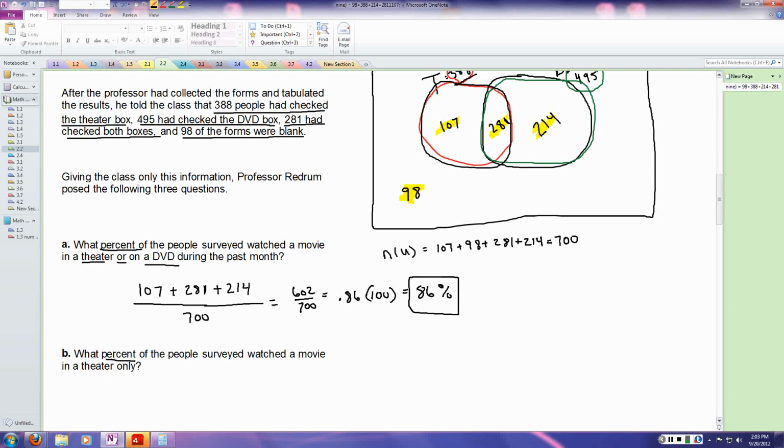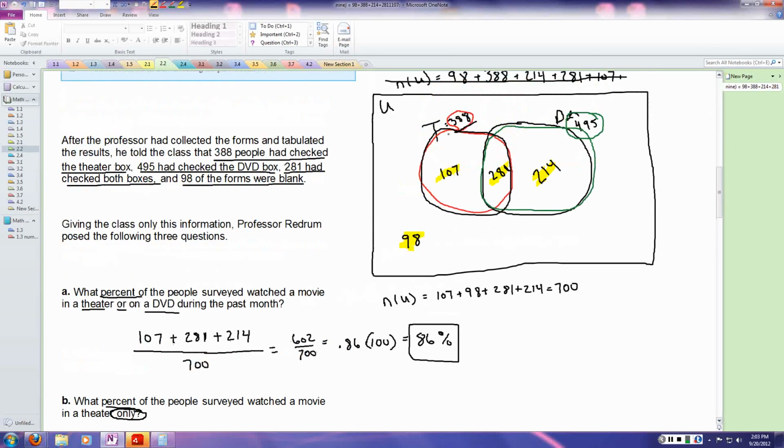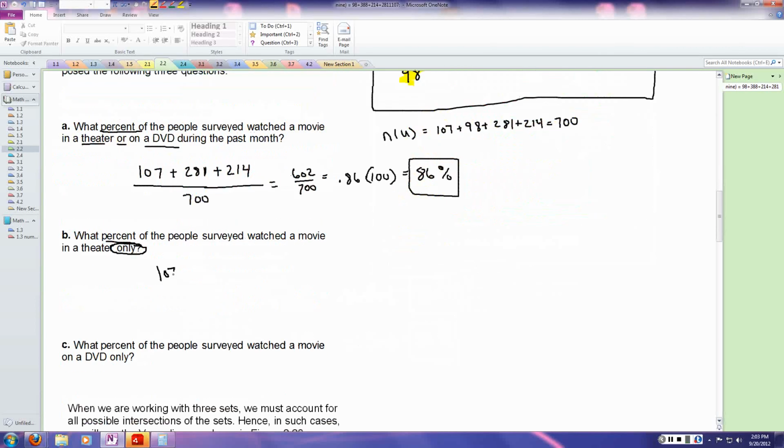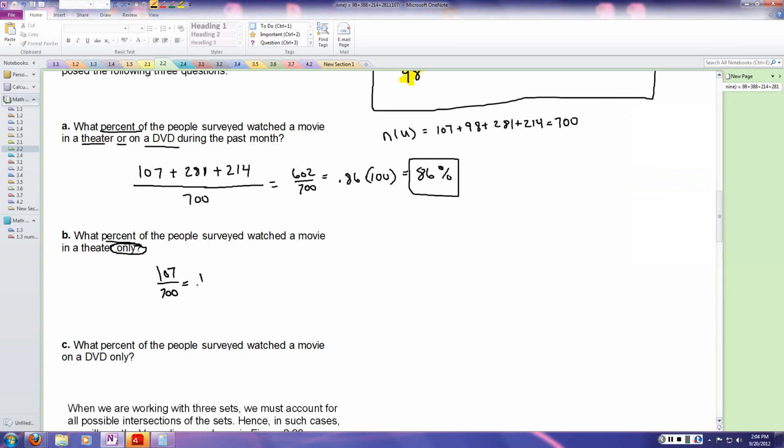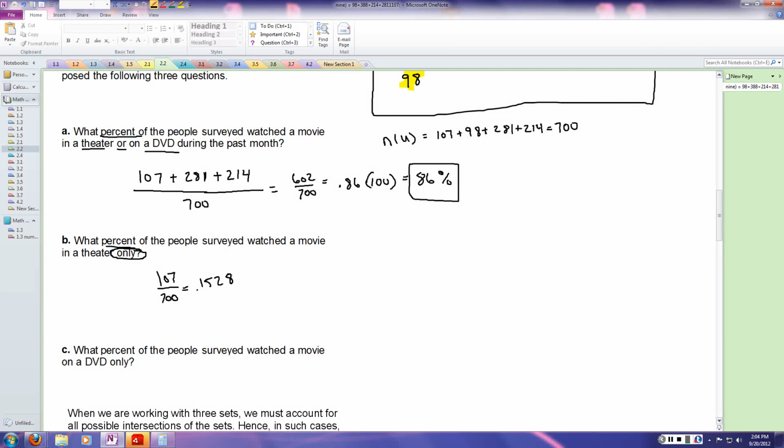What percent of the people surveyed watched a movie only in theaters? So I only want the number of people in only the T circle, not the T and D circle, just the T circle. So that's going to be 107 over 700. So if I do my calculator, 107 divided by 700, it's going to give me 0.1528, which is approximately